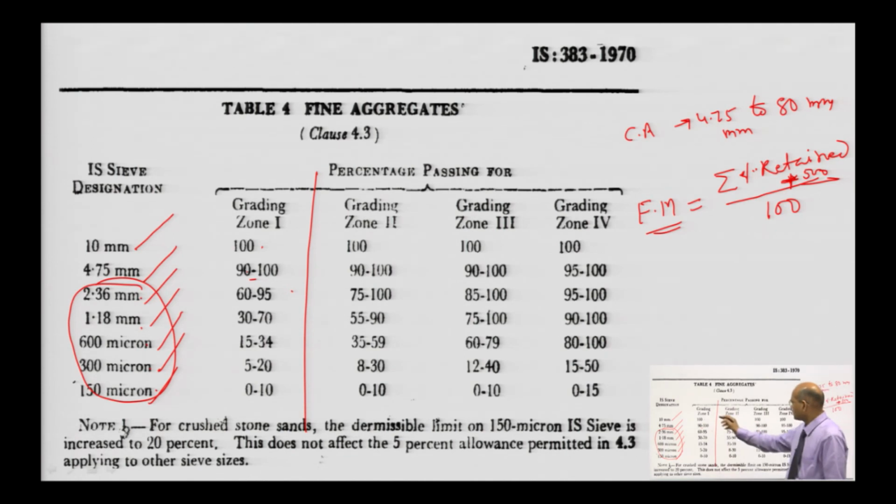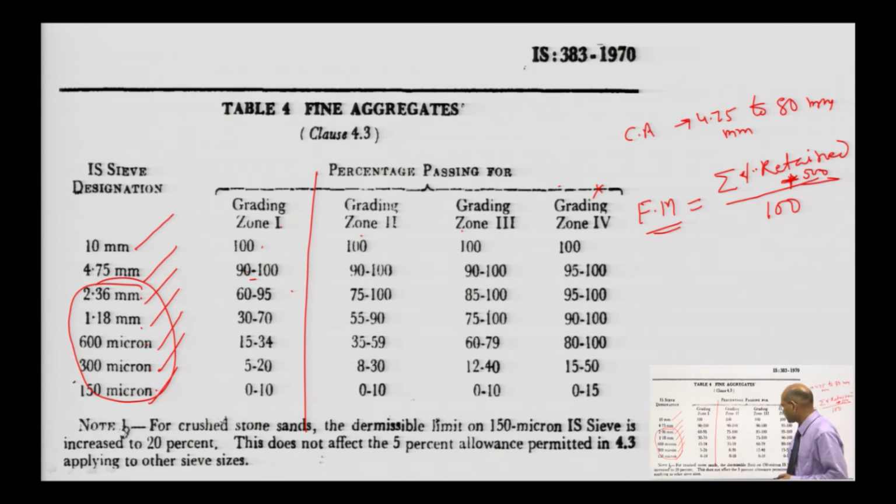As you move from zone 1, 2, 3 to 4, their fineness goes on increasing. Okay. So, suppose you want to do RCC work. If it is very, very fine, this type of grading you have to check before using. Okay. And in this table, a 5% variation, maybe because some of the particles you are not able to get here. So, a 5% variation you have to consider here.